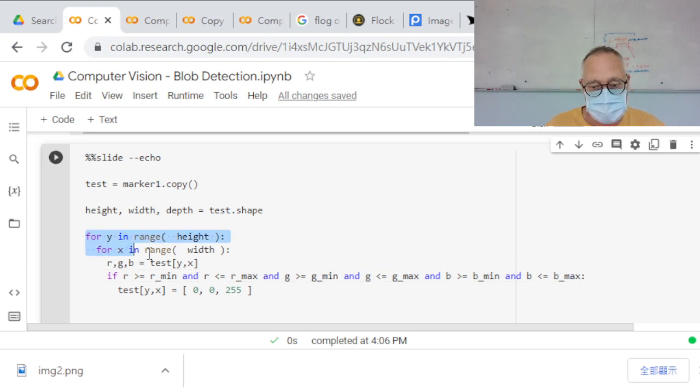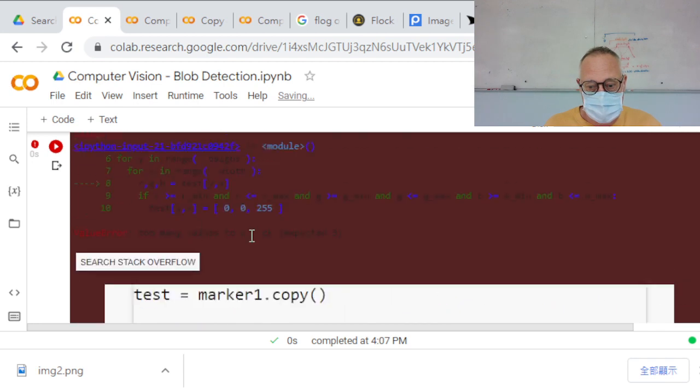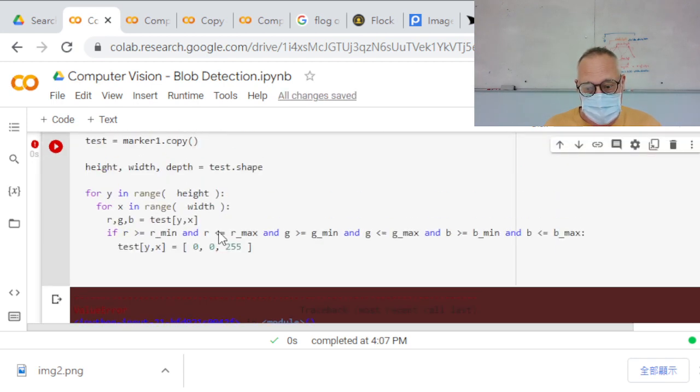So I simply go through the image and then check the RGB values. Now this will give me